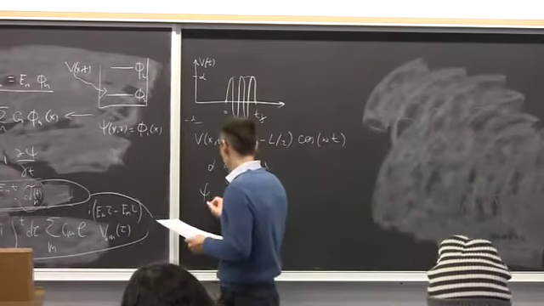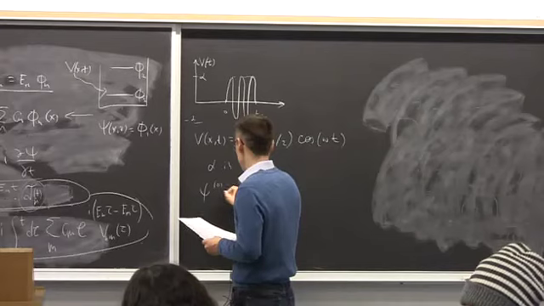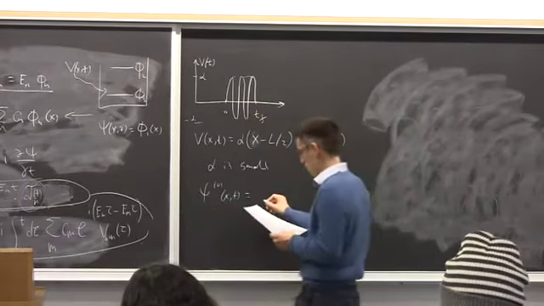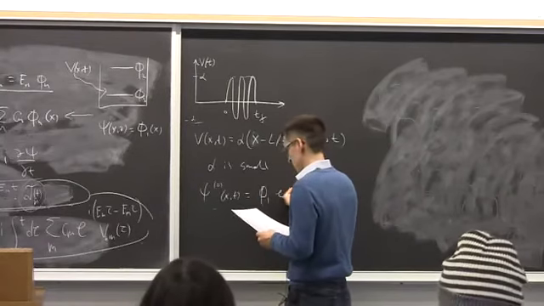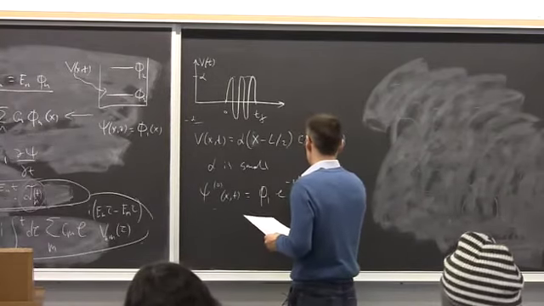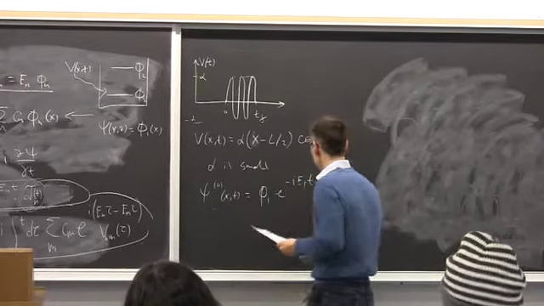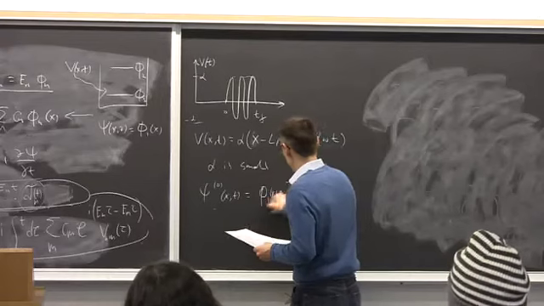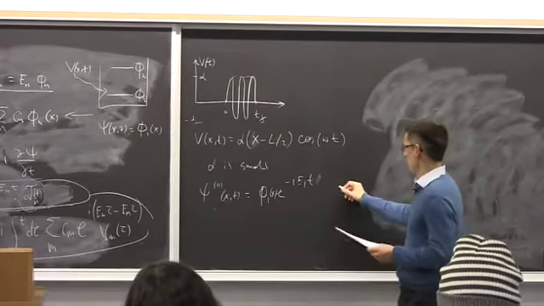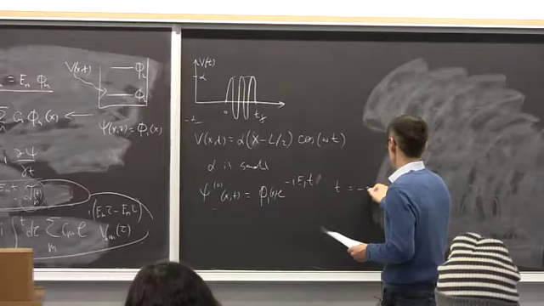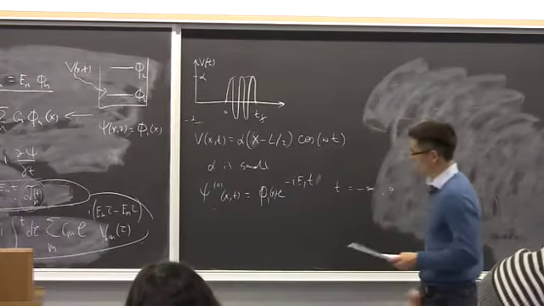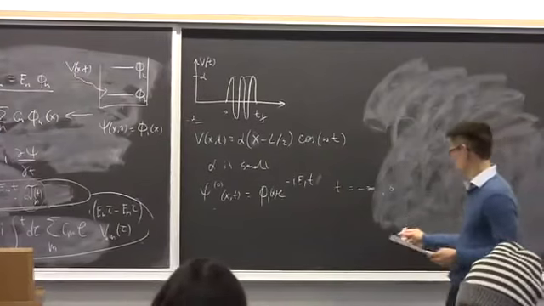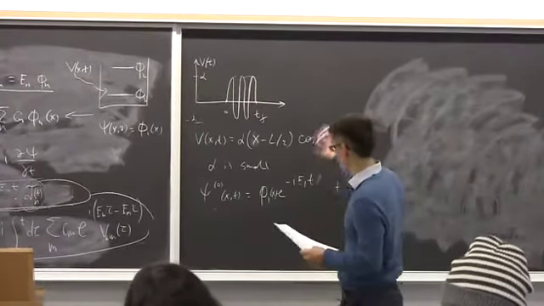Then, just applying this formalism to this case, psi 0 of x, t will be just phi 1 times exponent of minus i E1 t, right? So t goes from, say, minus infinity to 0, and so on. At 0 we turn on the perturbation,